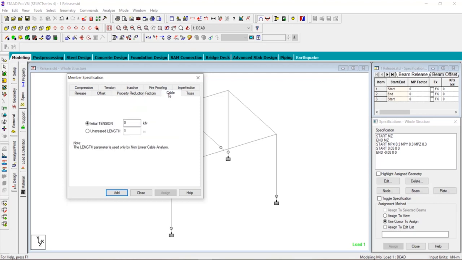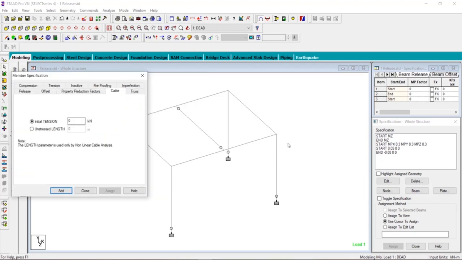Next one is the cable. You just define the structural member, and if you want that structural member to behave as a cable, you can use this tab. Similarly for the truss, we know that in the truss there is no movement at the joint, and there is only tension and the compression force. If you have defined any truss in your structure, then you have to tell ETABS that this member is my